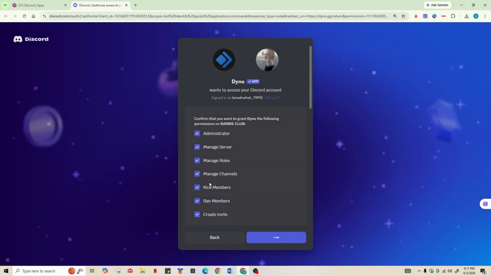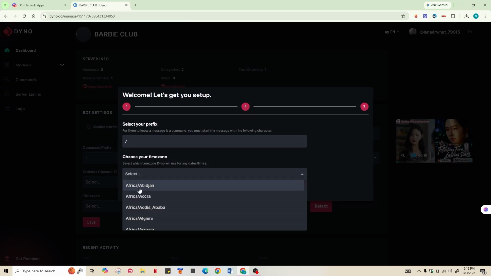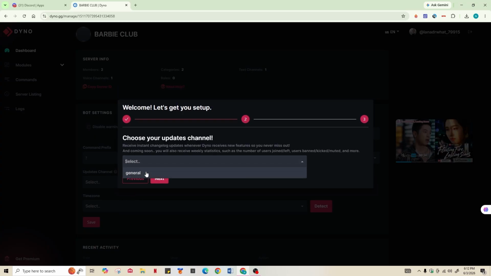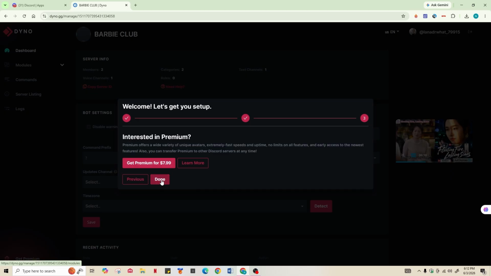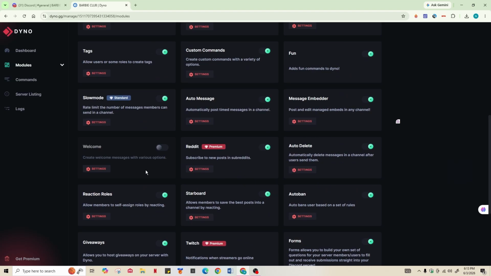Go through a verification process, and you'll see a welcome box. Select your prefix, choose your time zone, select Next, choose your update channel, tap on Next again, and tap on Done. Now from the modules section, you need to scroll all the way down and you'll get this section of